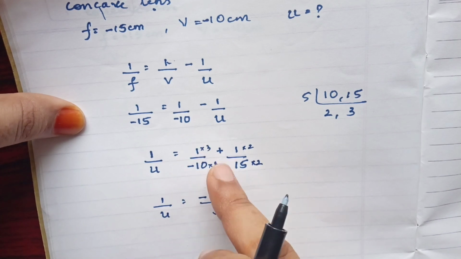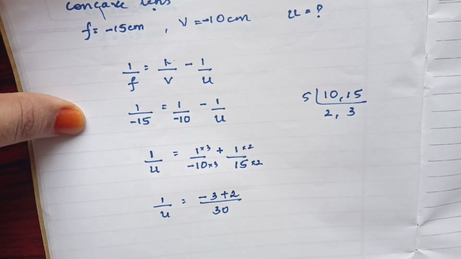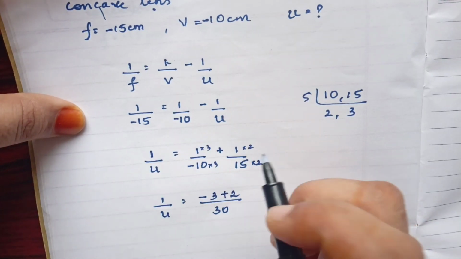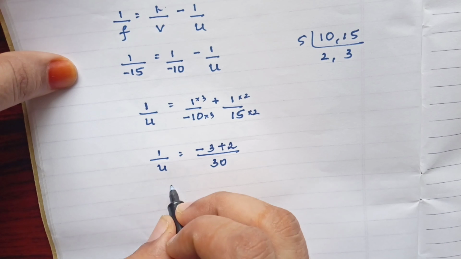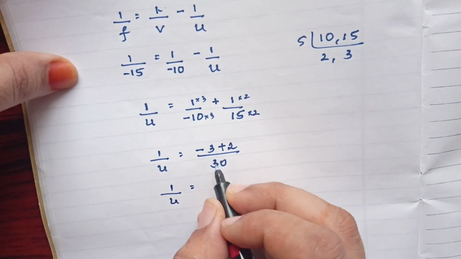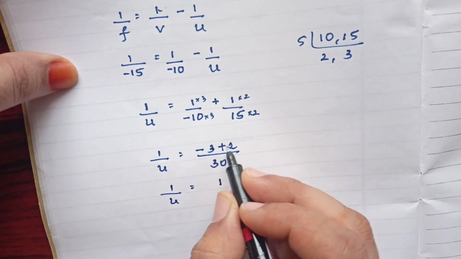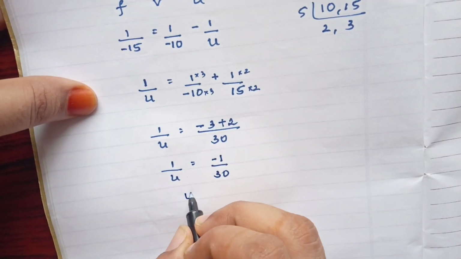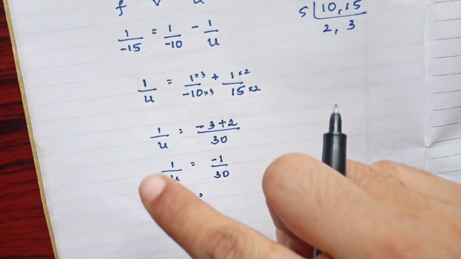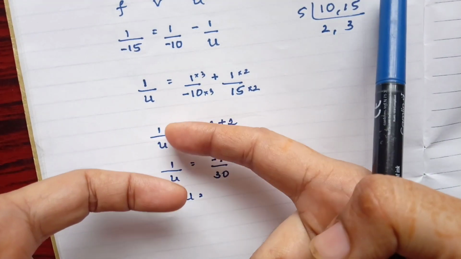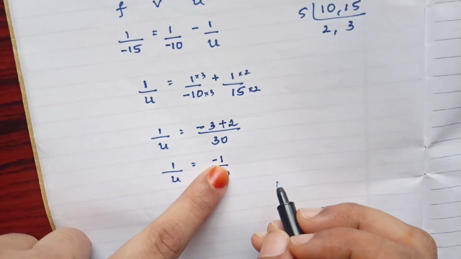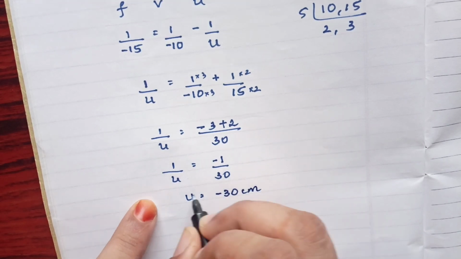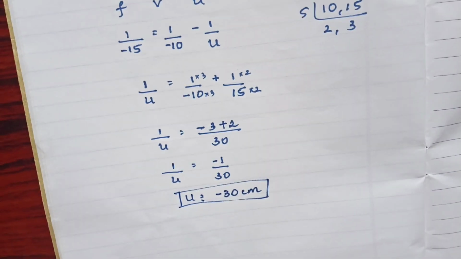See, this I'm doing just to show you, because normally students, even if they know, will make mistakes, so you just don't write it while solving here, you just go on. If you are actually getting confused, use a pencil over here. 1 upon u is minus 3 plus 2, which is nothing but, I need to subtract it, so it's going to be 1. 3 minus 2 is 1, but with the sign of the greater number, 1 upon 30. So now my u is nothing but, see here, I have reciprocal denominators in the numerator and the denominator. So this also will happen the same. 30 will come in the numerator part and it will get its minus. So this is my answer.